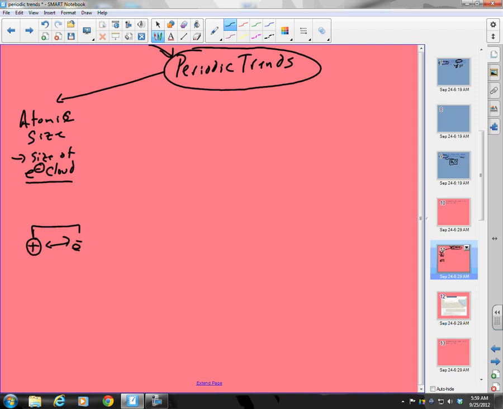And in fact, there is something called Coulomb's law, which I'll tell you is the most important equation that you will never be asked to use in chemistry. You hear that? It's the most important equation you'll never be asked to use, but it explains so much. And here's what Coulomb's law says. It says that the force of attraction between positive and negative charges is equal to K Q1 Q2 over R squared, where Q1 would be the charge of one body,